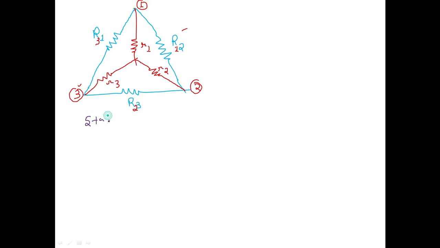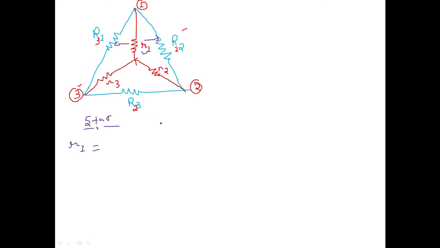How to find the value of star in these circumstances? Now we have to find the value of this star R1. So how to find it? We'll first of all write R1, and now we'll focus on the opposite side of the R1 resistance terminal. The opposite sides of the R1 terminal are this one terminal and this one. As you already see, this R1 terminal has two opposite resistances, that is R12 and R31.